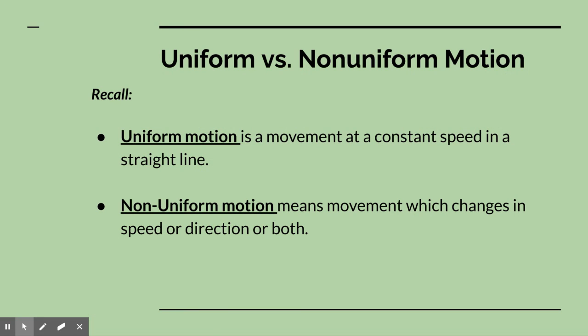Okay, so recall the difference between uniform motion and non-uniform motion. It's just a little review. Remember, uniform motion is movement at a consistent speed in a straight line, whereas non-uniform motion means movement which changes in speed or direction or both. So it's important to understand these two seemingly simple and straightforward terms. Uniform motion was, for the most part, what we worked with